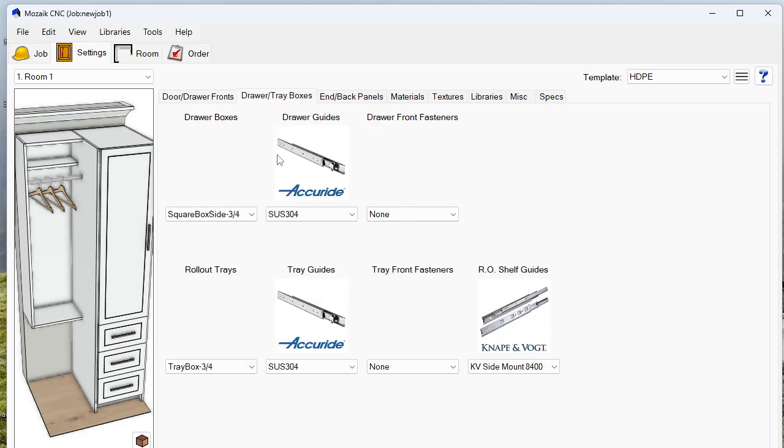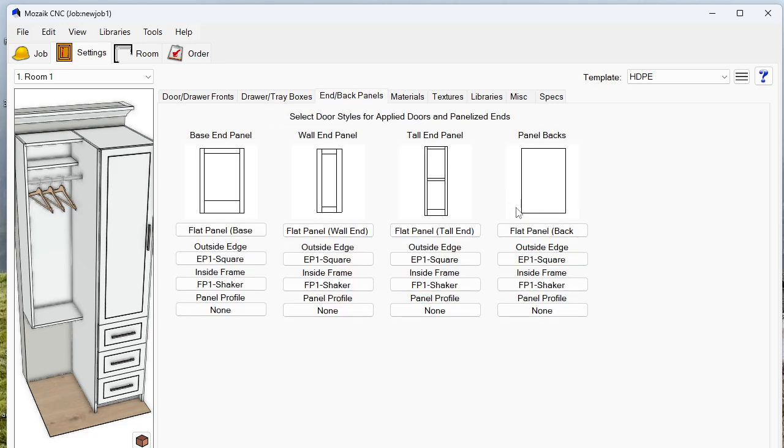The drawer boxes, you pretty much just leave this. You don't need to mess around with this. This is for our specific sliders. We only use one type of slider, and we only use one type of construction for our drawer boxes and our tray boxes. The end panels, these are going to be your finished ends that get applied to the left